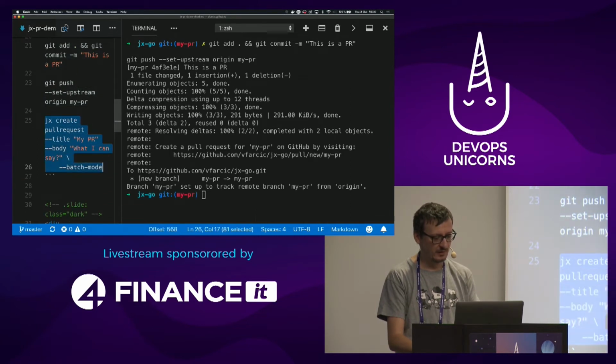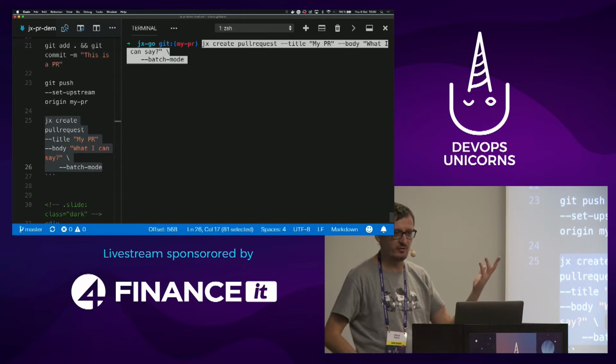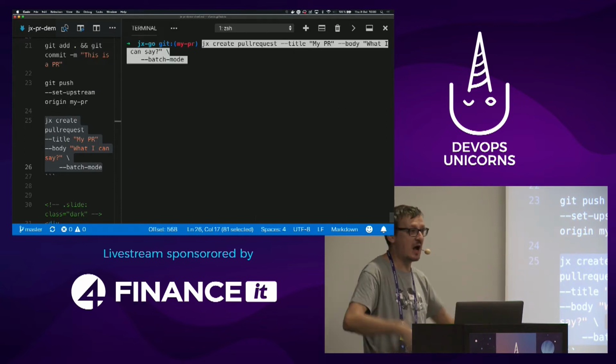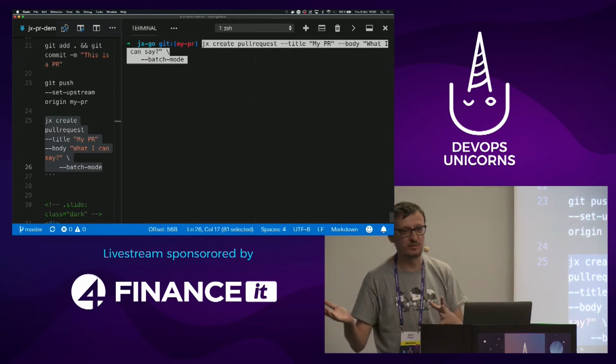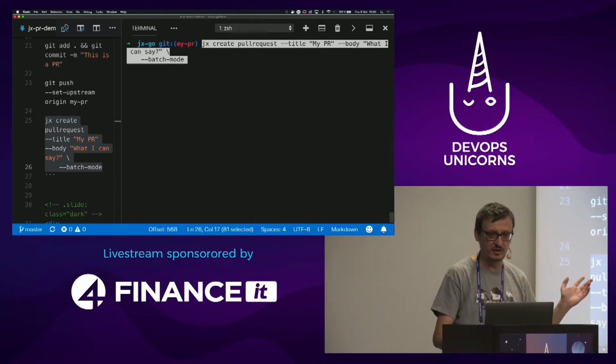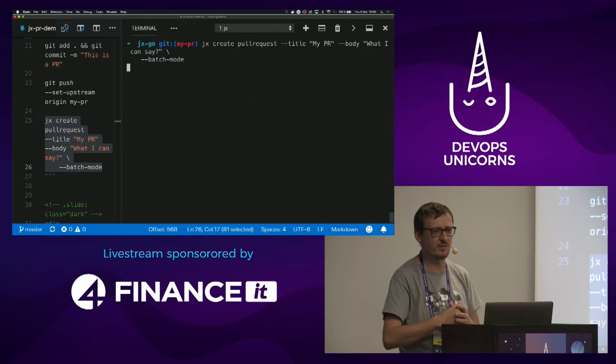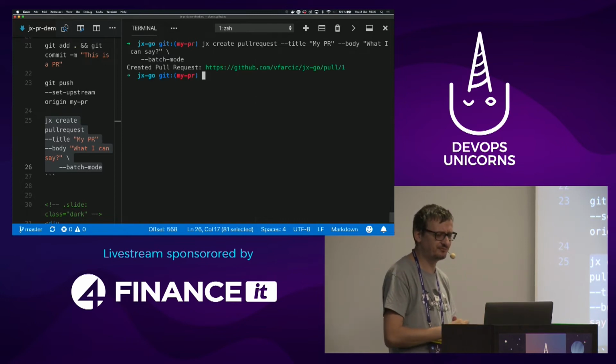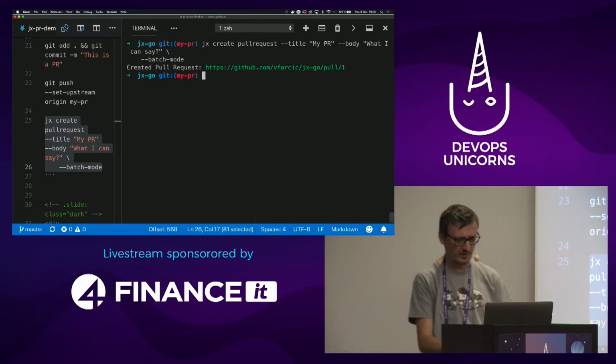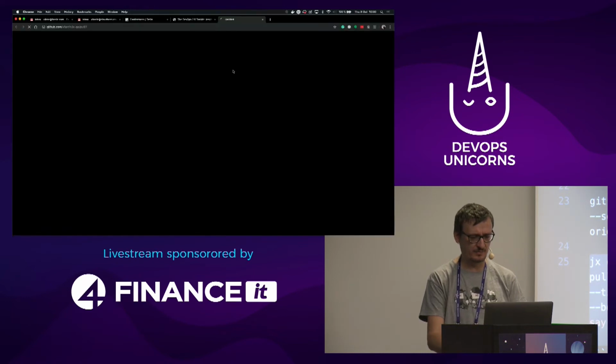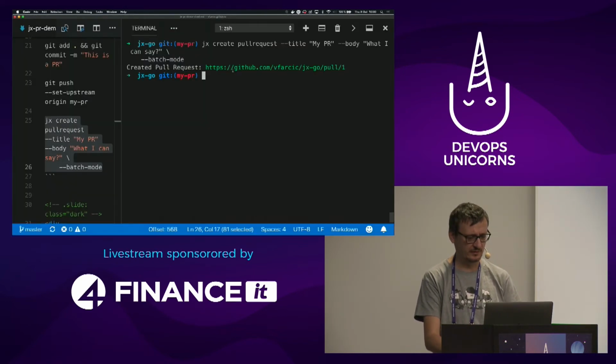And then, what do you do next as developers? After you push to the newly created branch, after you finished with your feature, you create a pull request, right? I'm going to create a pull request. It does not matter how you create the pull request as long as you do create it. So I created a pull request over there, and let's open it. Let's see what we got.